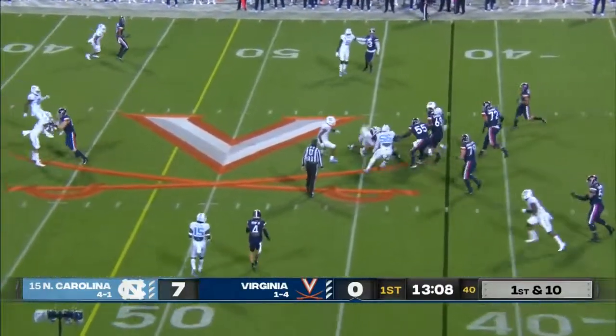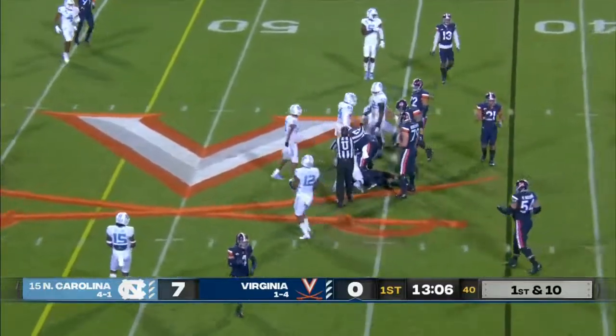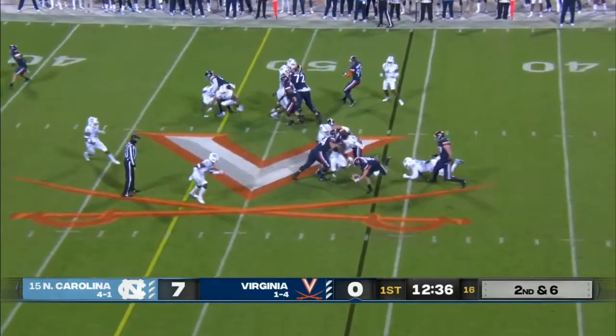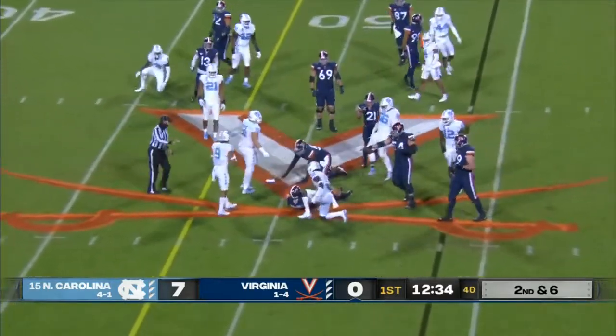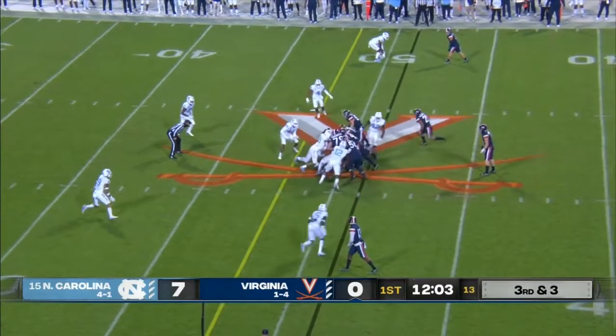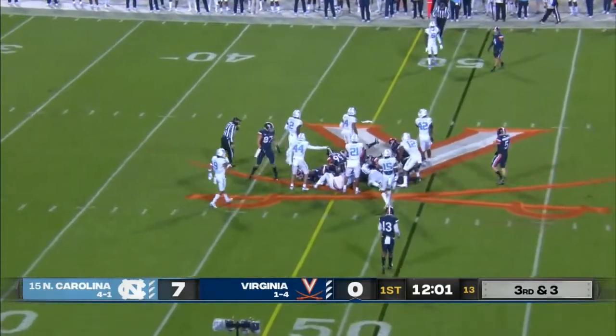Armstrong's going to run it here. He'll test those legs right away. Second down and 6. Thompson in motion. He took a look at him. Armstrong tripped up and down he goes. Earlier this season, it does have to be something you're concerned about in terms of protecting him. Going to keep it on the...